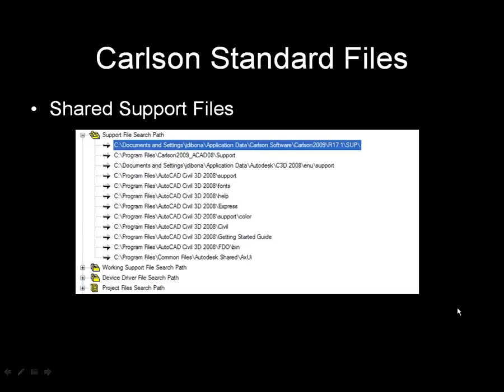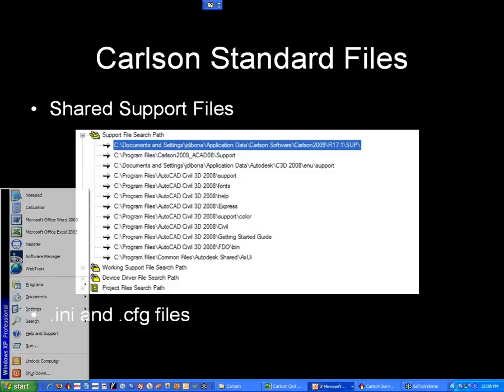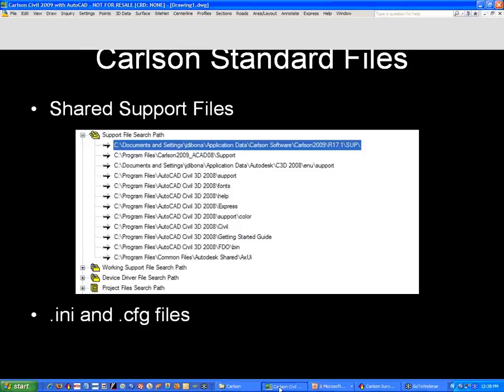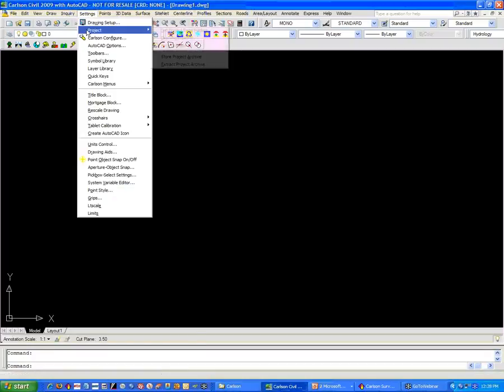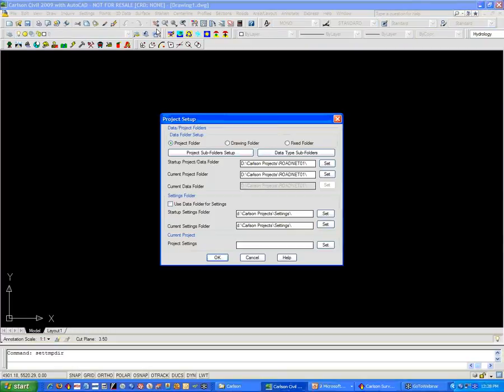Beyond that, we're going to still be in Carlson, but what else is Carlson going to need? We have the INI and CFG files, and I really should adjust this because there are a lot of settings files in Carlson. So where do we get those settings files? So let's switch over, and I'll just stay in the AutoCAD release here. So those settings files, for example, if I go to Settings and Project, Set Project Data Folders. When I'm setting up my standards for Carlson specifically,